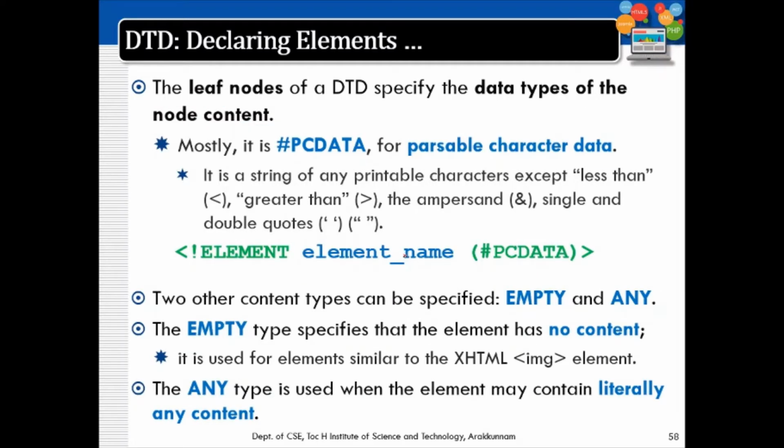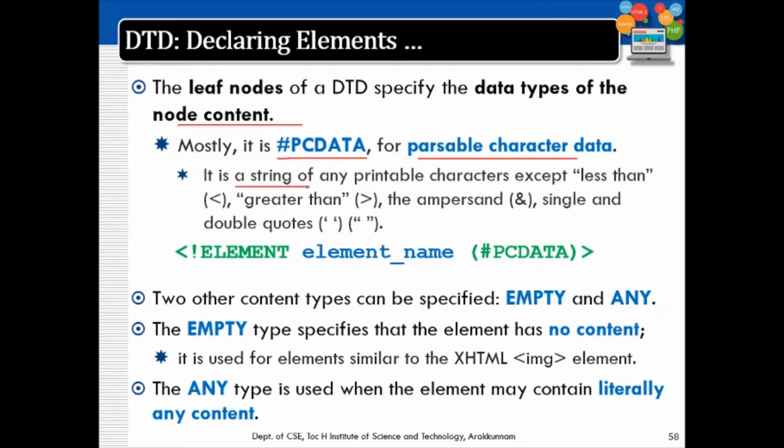Then the leaf nodes of a DTD specify the data type of the node content. That is, what is the content of that particular node. Leaf nodes contain only data. So it is generally represented as hash PCDATA, which stands for parsable character data. It is a string.